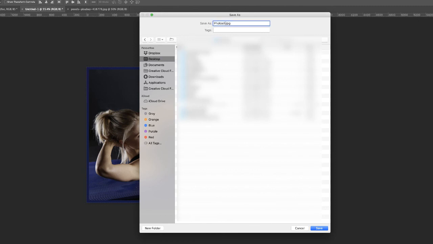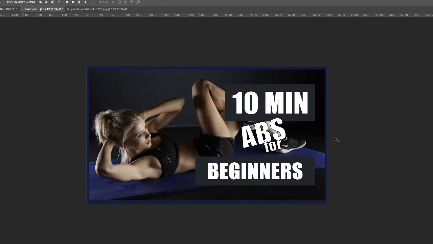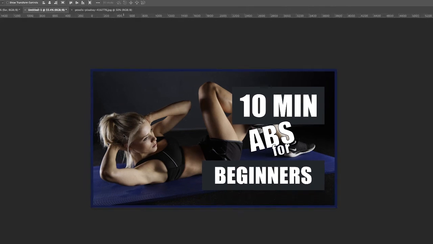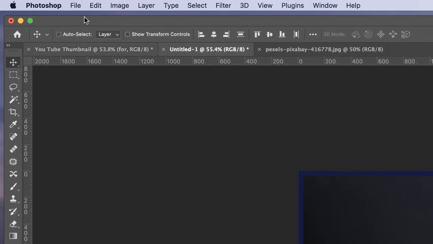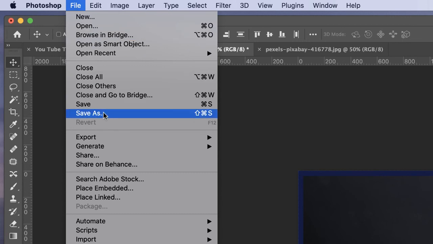Let's put Photoshop thumbnail and click Save. Now, sometimes, depending on the image that you've used or the amount of text and strokes you've put into your image, can increase the file size. Now, if that happens, go to File, go to Save As,